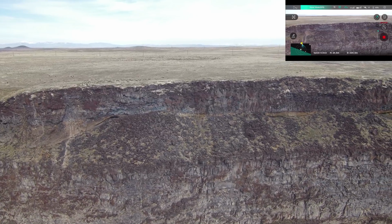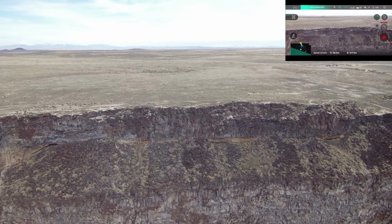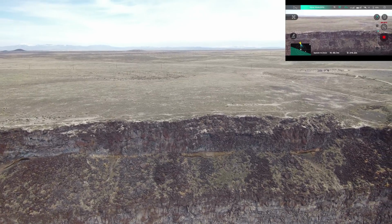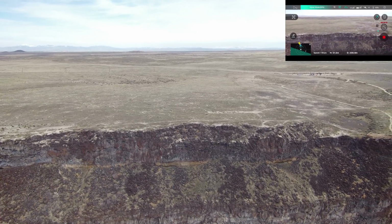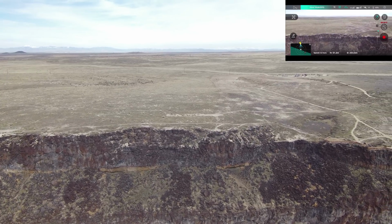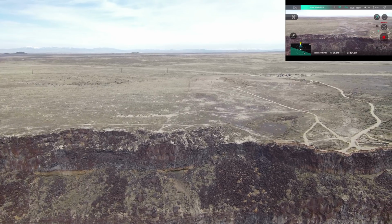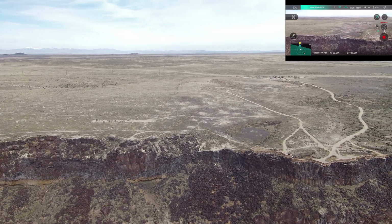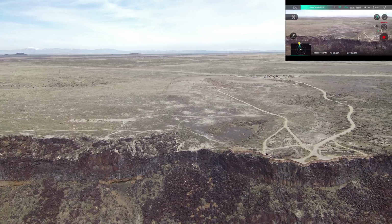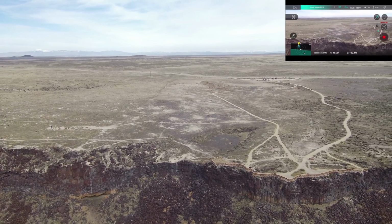Okay, let's pick up some altitude. You know, I noticed I had a little bit of stickiness on the FPV there, and I can see the drone going sideways. It's really cool. So that's where I'm usually standing. So if you look right there, that's the outlook. Yeah, and then the camera, the